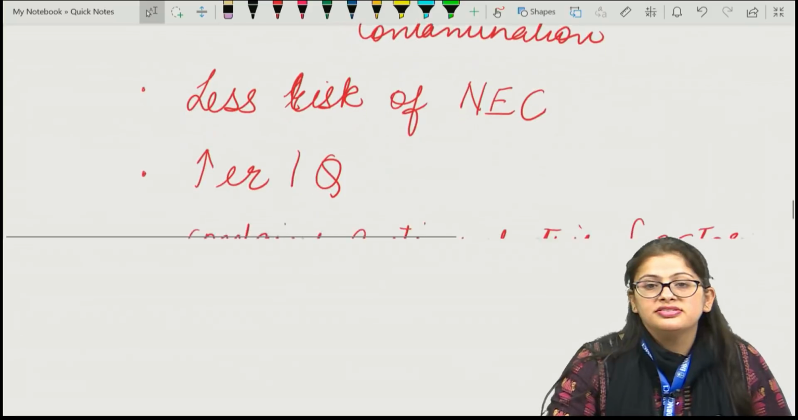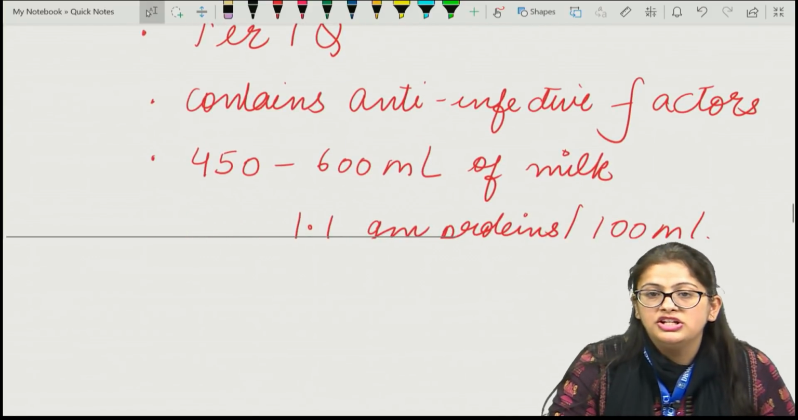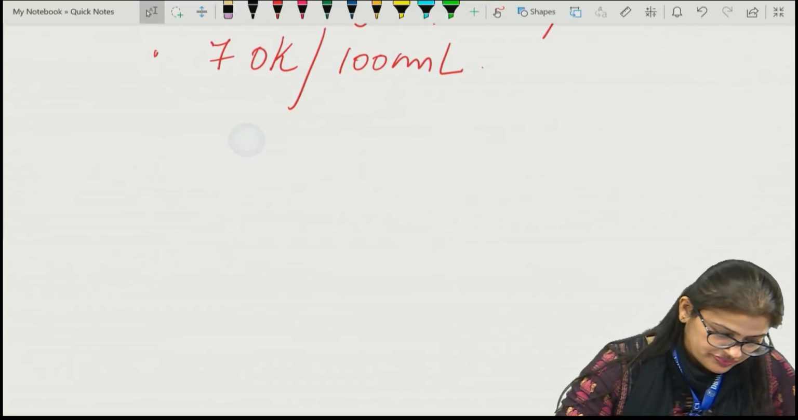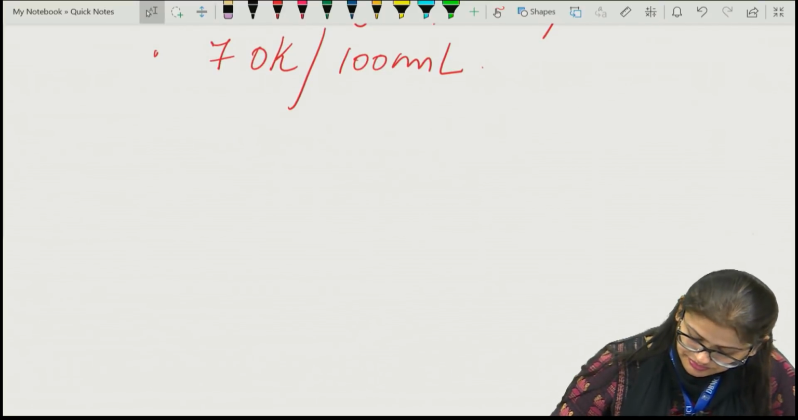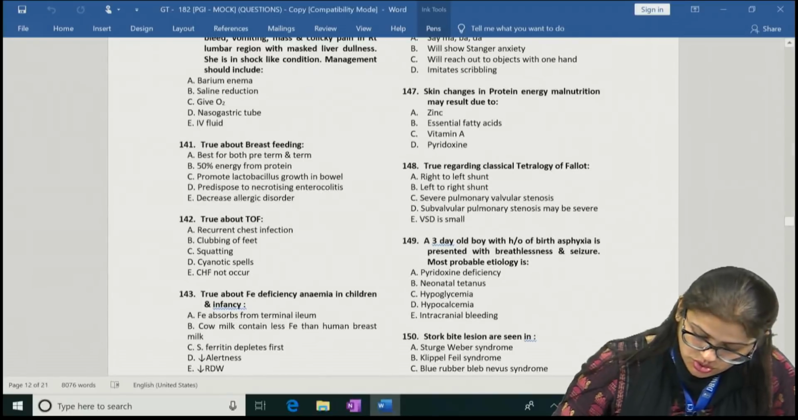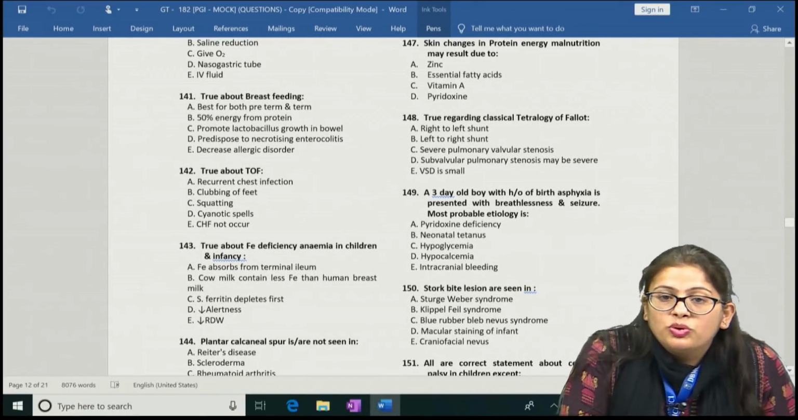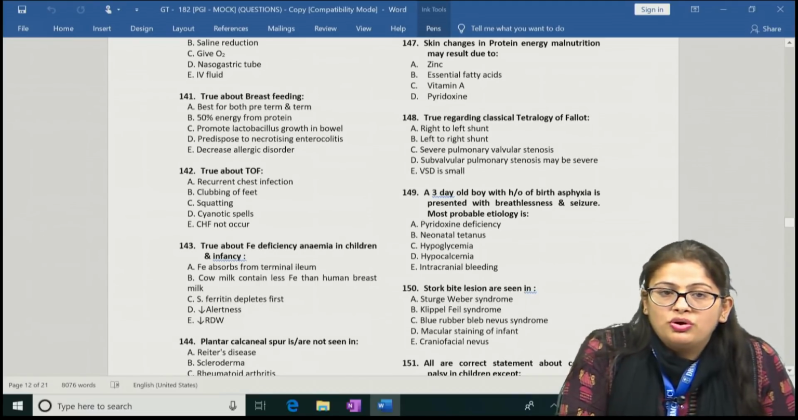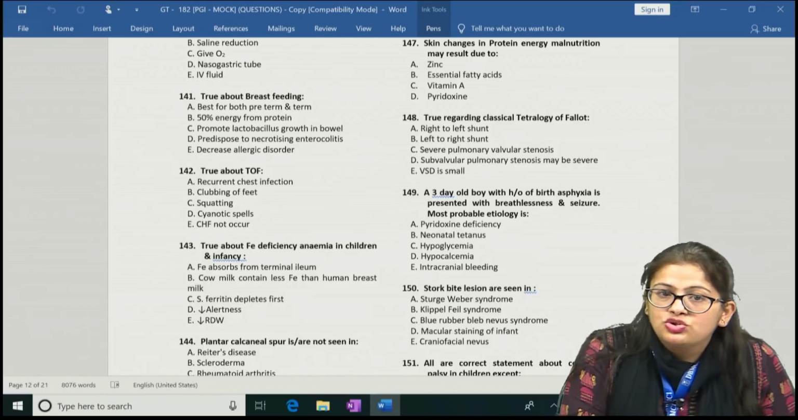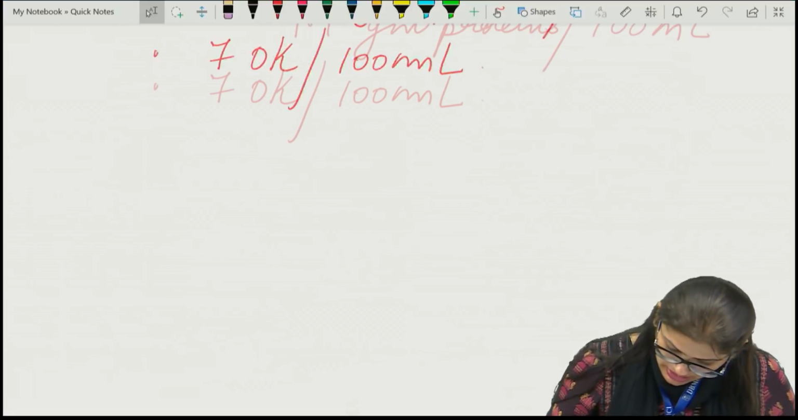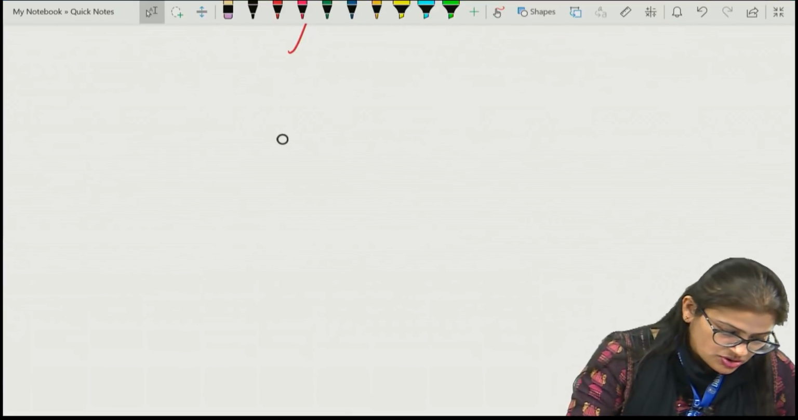So these are the reasons that we should promote breastfeeding in neonates, especially up till 6 months of age. So now we come on to question number 142. Question number 142 is, true about TOF: recurrent chest infections, clubbing of feet, squatting, cyanotic spells, CHF not occur. So the correct answer to this question is